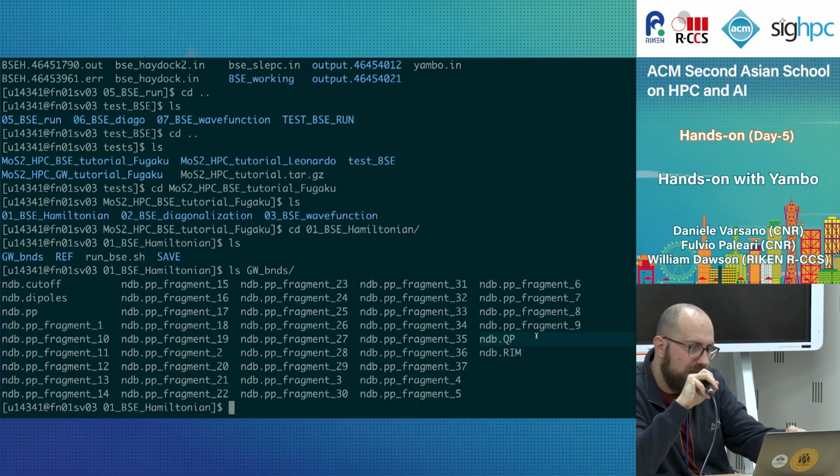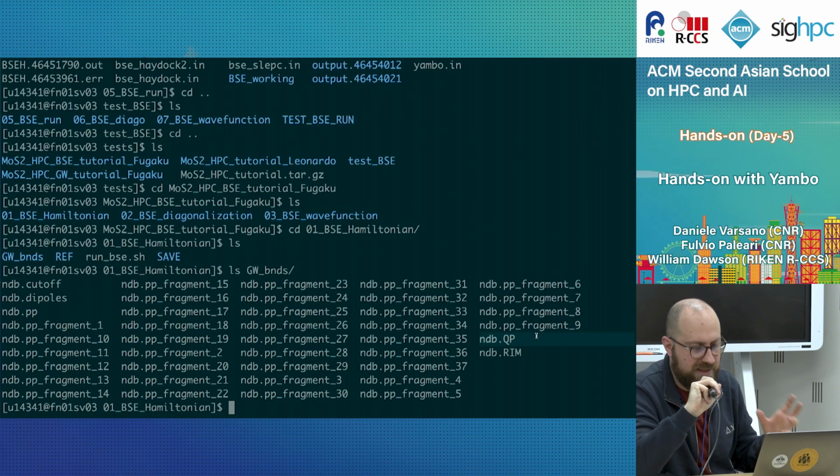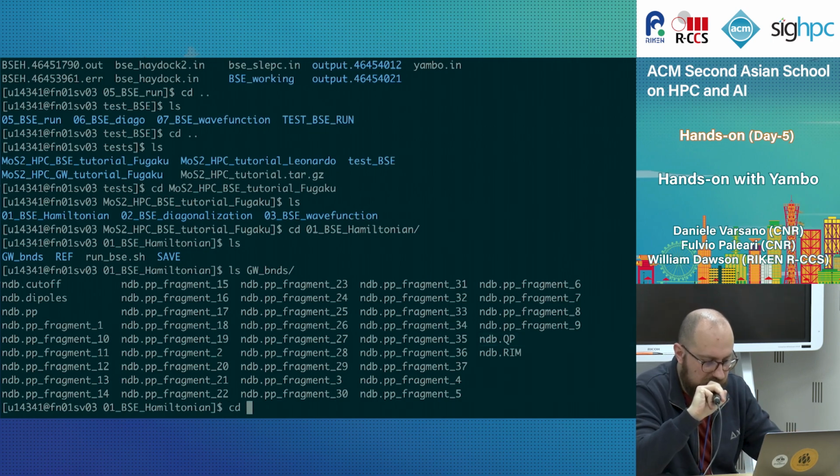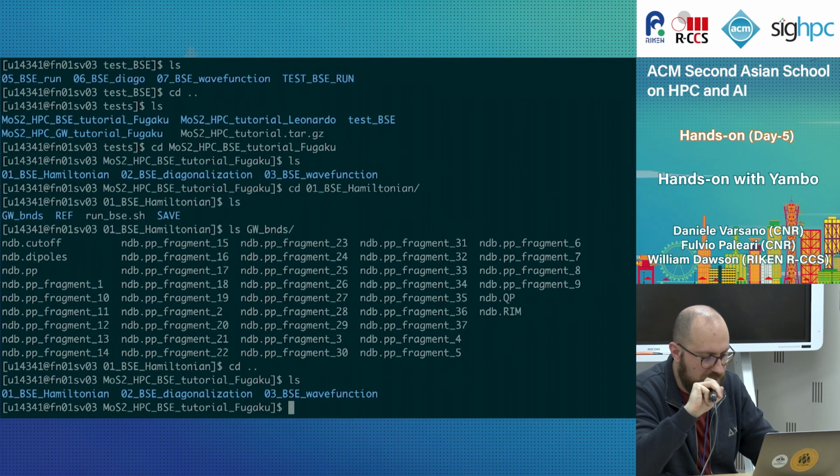And now this will be imported inside the Bethe-Salpeter workflow for absorption. If you start from scratch, in principle you should calculate all of these. But actually, you don't need to do that. You can only do the Bethe-Salpeter step. And in fact, if you check